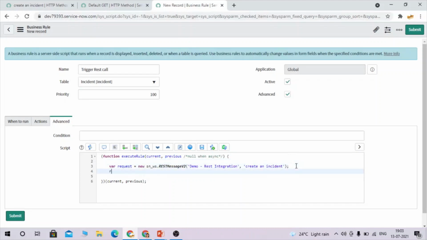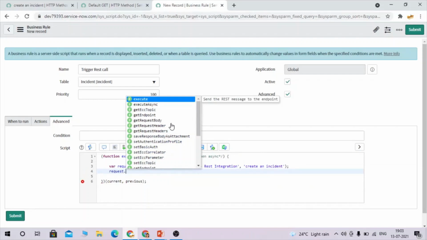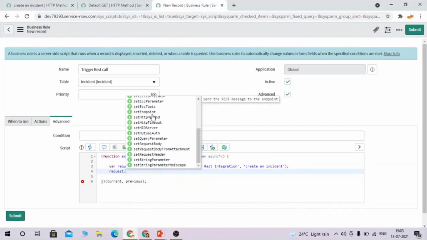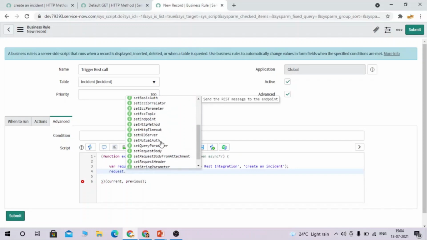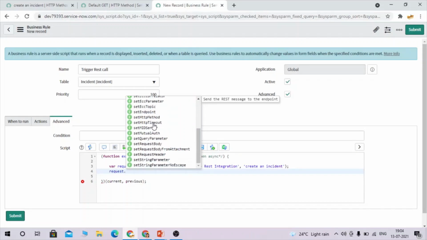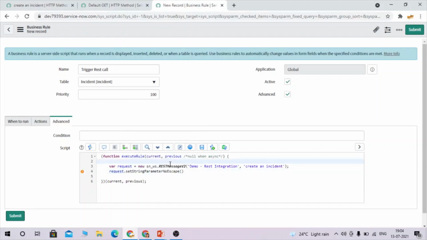Now you can use this REST object, and you can do a lot of things. Once I typed request dot, you can see I got so many options. By referring to this, you can get the request body, get the request header, set basic auth, whatever you want you can set. Here we have to map the values, so I am using setStringParameterNoEscape.